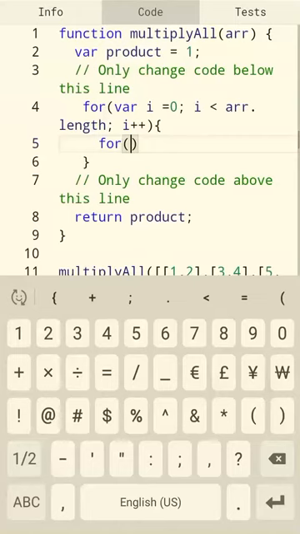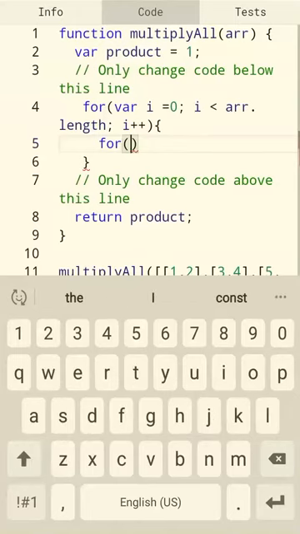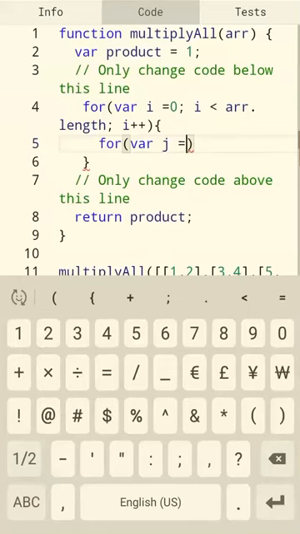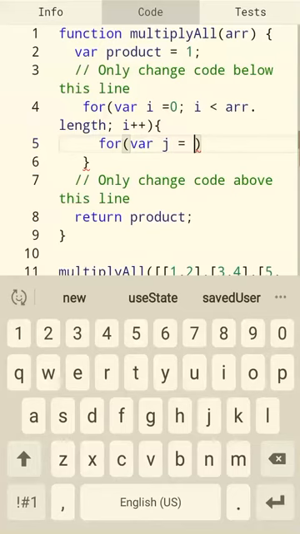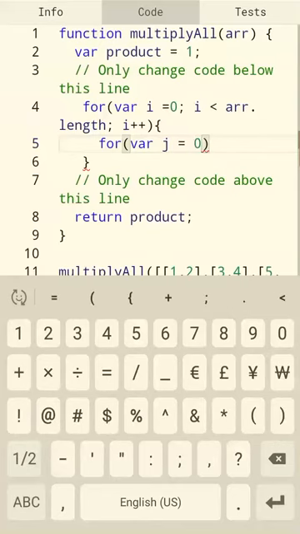For the sub array, again within the curly brackets, you make another for loop. Since i has been taken up, you can use j, and you have to call it a name, right? So for var j = 0, the same thing, it's just the name of the element that changes.